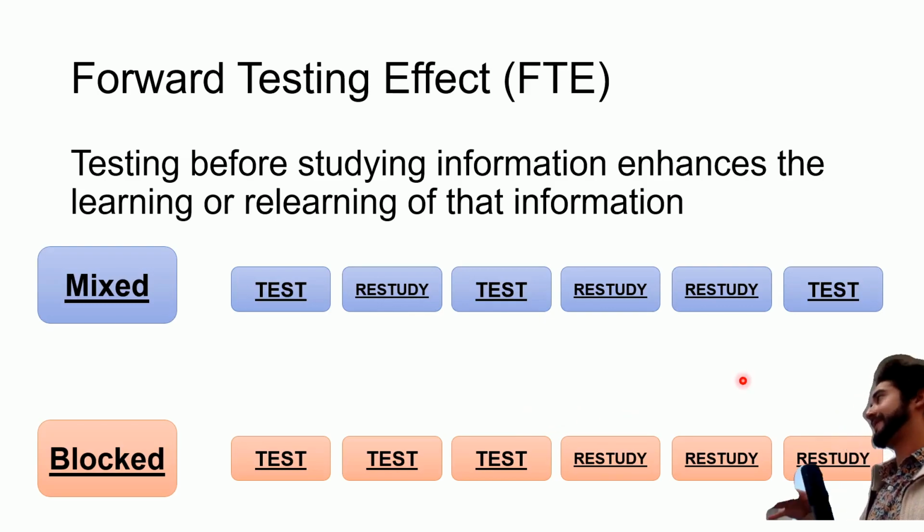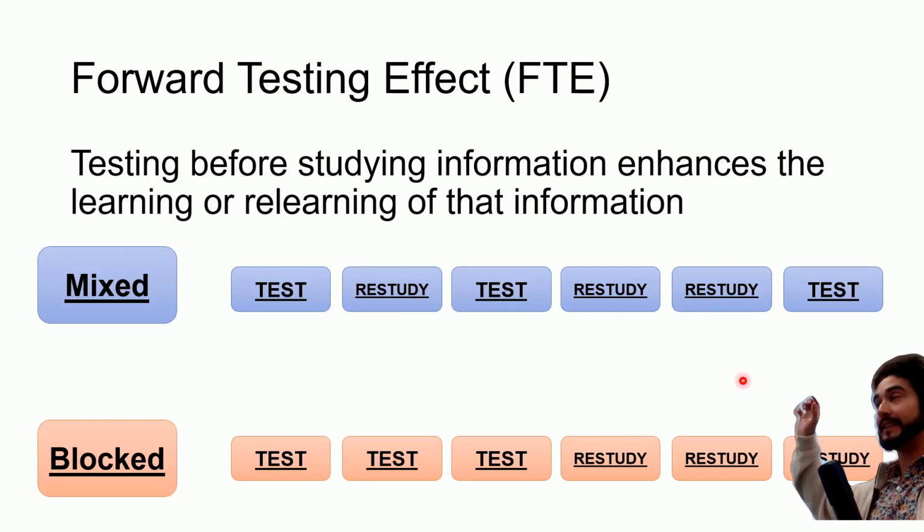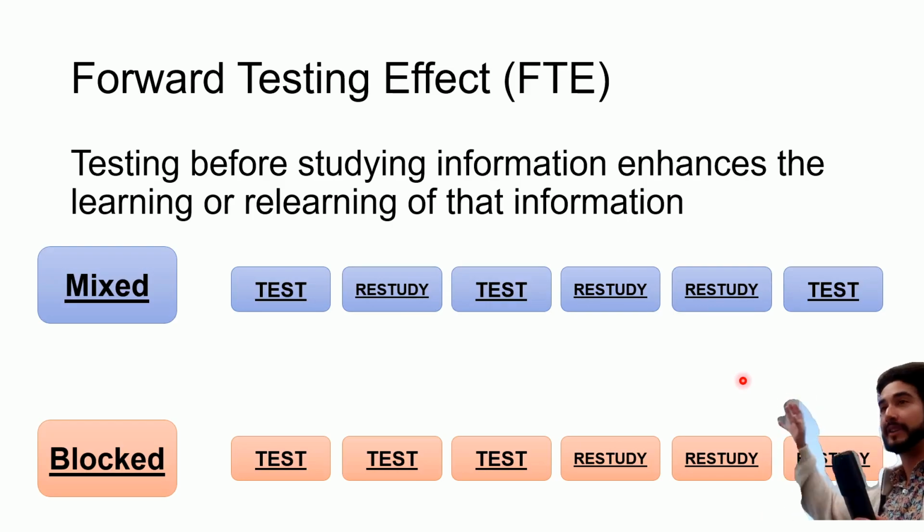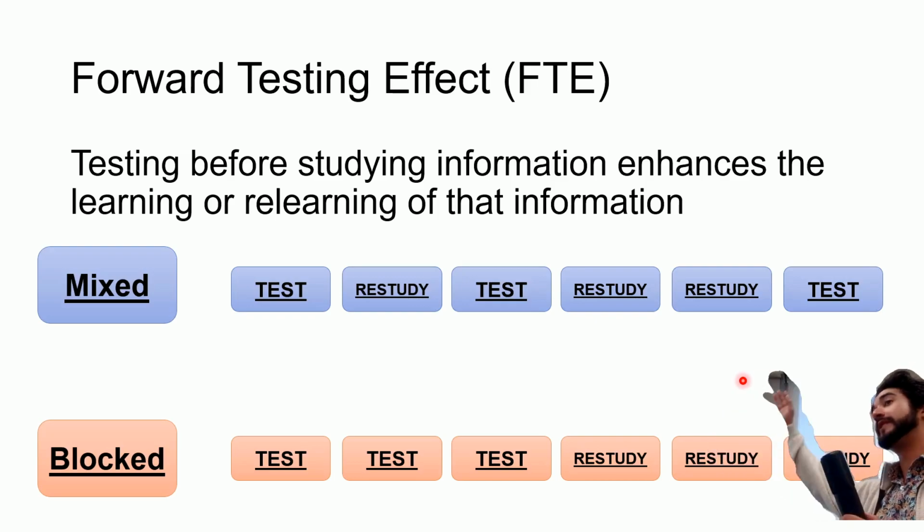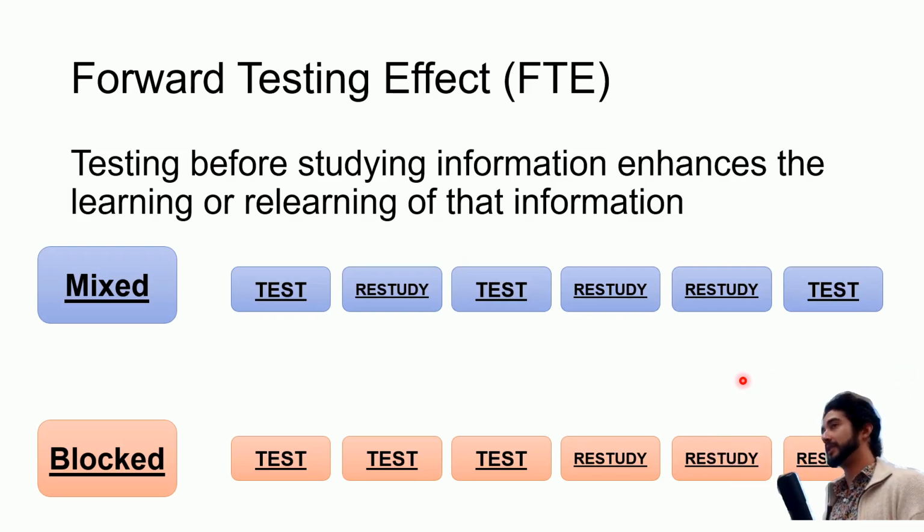So for our specific experiment we have 80 word pairs, and 40 of them are randomly assigned to the test condition and 40 of them are randomly assigned to the restudy condition. Is that answering your question? Yeah, but for both for the